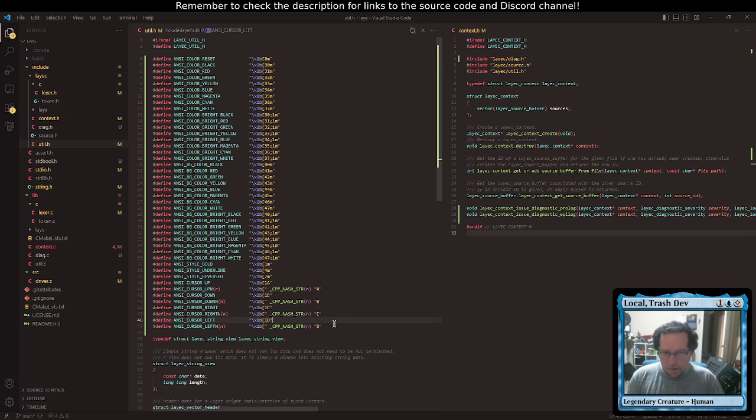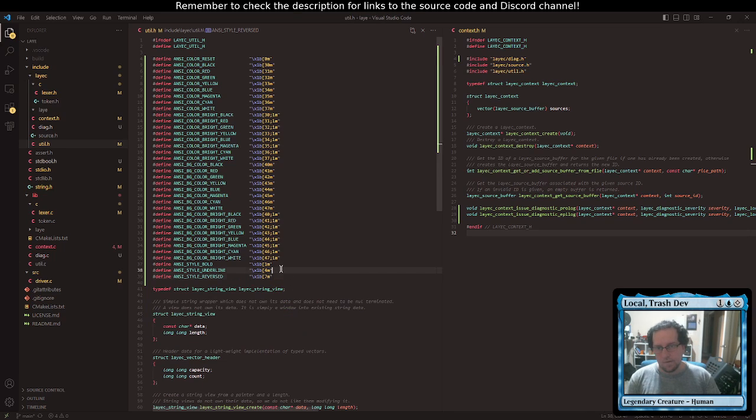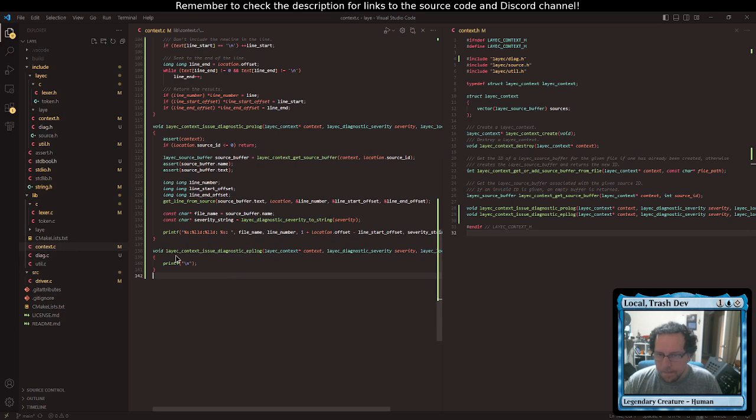I don't think we're ever going to need this. I'm just going to remove it. Probably not going to need bold or underlined or reversed, but I'll keep those just in case, because bold might be nice to have, underlined might be nice to have, reversed, I don't know what that does. Let's go into the diagnostic printing here, and we're going to do something. The something that we're going to do is, do I do any other fancy coloring in here that I want to copy, or is it just,